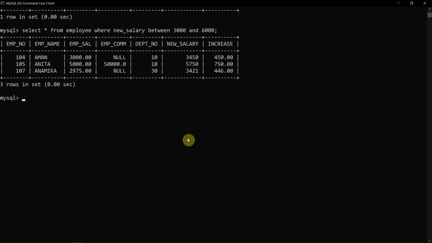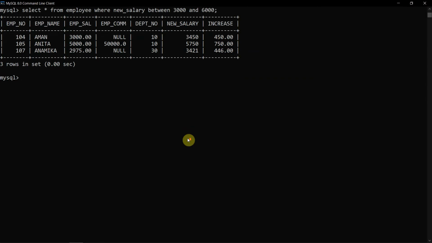Now we are going to see how the LIKE operator works. From the word itself, suppose I want the food that is of red color, so I will say I want the food which is like red color. Its property should be like that. LIKE represents the property of that particular data, right? Now suppose, taking the example from here itself, I want the data of an employee whose name starts with the letter A. So LIKE will be used to show this particular property of an employee name. I'll show you how to write it.